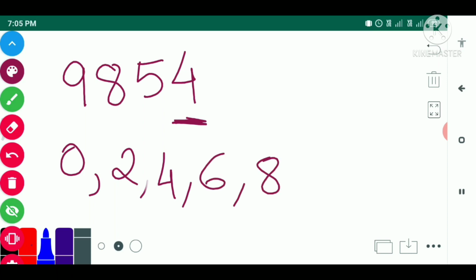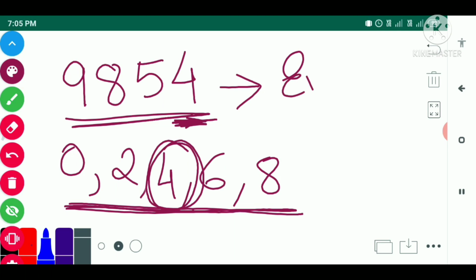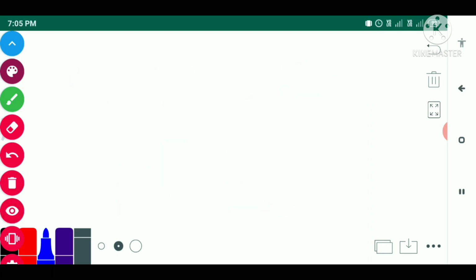If a number ends with these digits, that entire number will be what? Even number. Here you can see 4 is there, and if we find 4, then the entire number will be even. So this number is an even number.